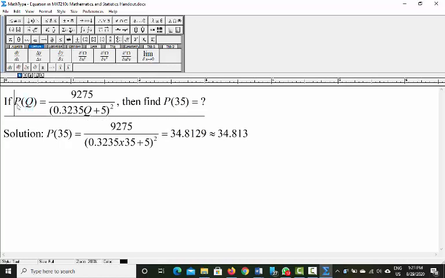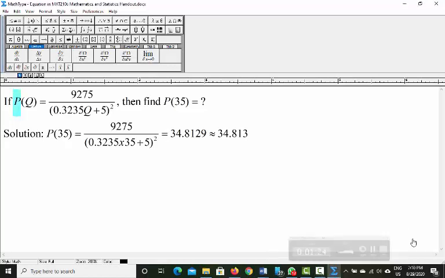So I'm repeating again, this is the name of the function and this is the variable of the function. So it can have any name. A function can have any name. Remember, a function represents a curve. That means it can be a straight line, it can be a circle, it can be a parabola, it can be a hyperbola, it can have any shape. Unless we draw it, we won't know the shape of the curve. But a function always represents a curve.